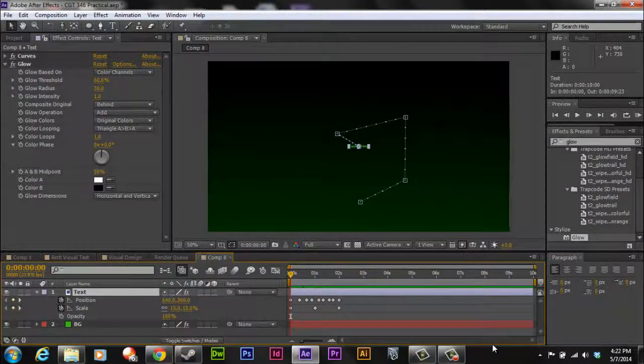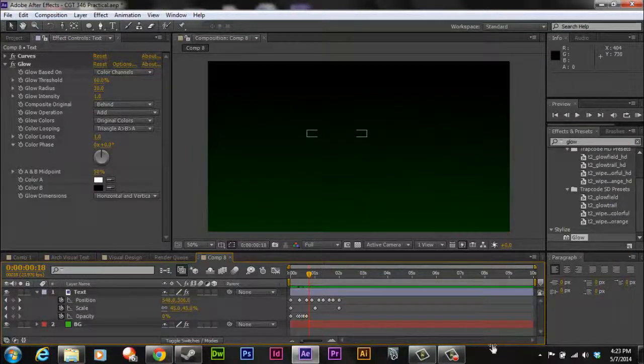Now let's make the opacity start at 0. Click the stopwatch to keyframe it. And we're going to hit this, and as soon as this next position gets brought up, we're going to increase the opacity by 15. Move it a little bit. Keyframe it, and then drop it down to 0. And then keyframe it again. And then let's bring it up to